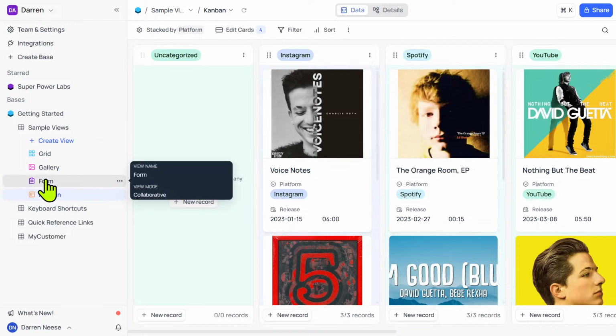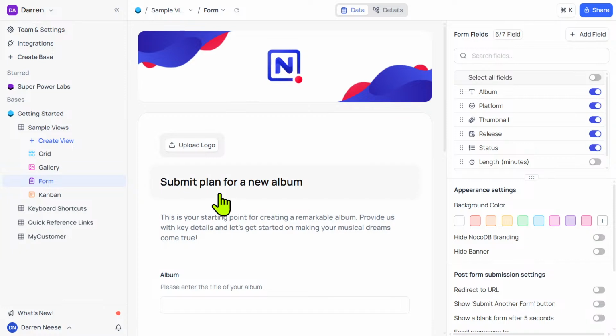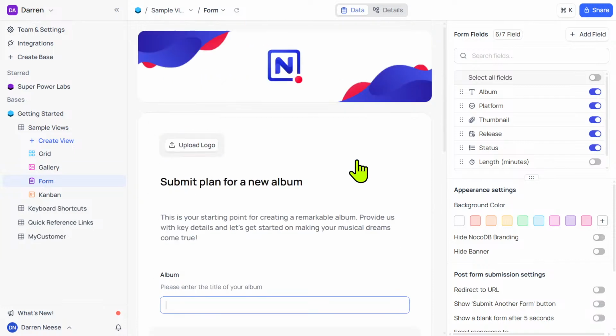A lot of people use Airtable, Smartsheet, and Jotform for this type of stuff. But I'm here to tell you, if you're not going to stick with Dataverse, SharePoint, whatever, NocoDB is a really cool thing. So here, we could create a form so people can fill out our information. Now, how easy is this for us